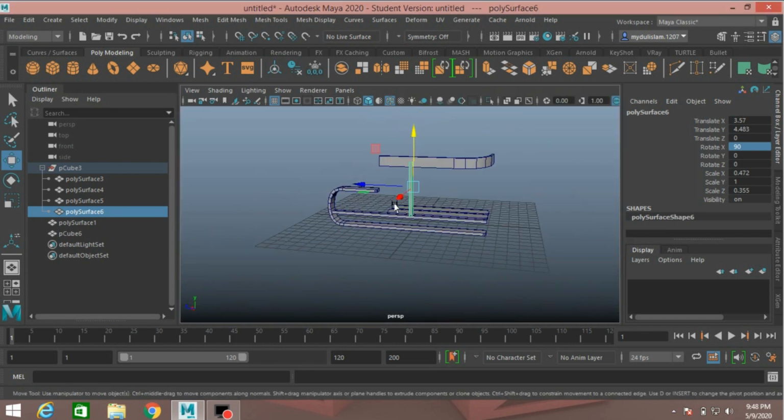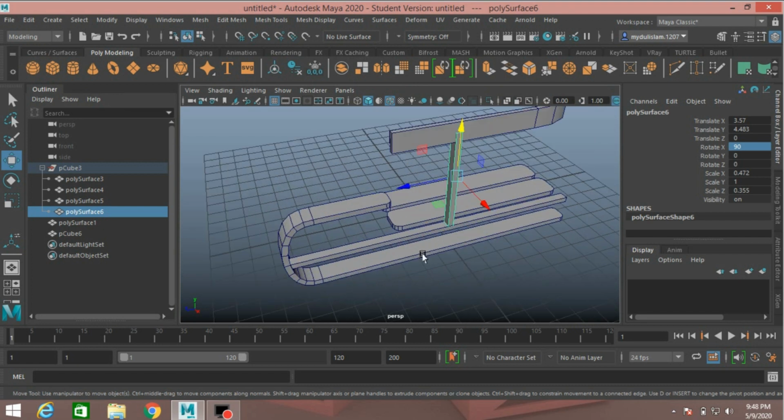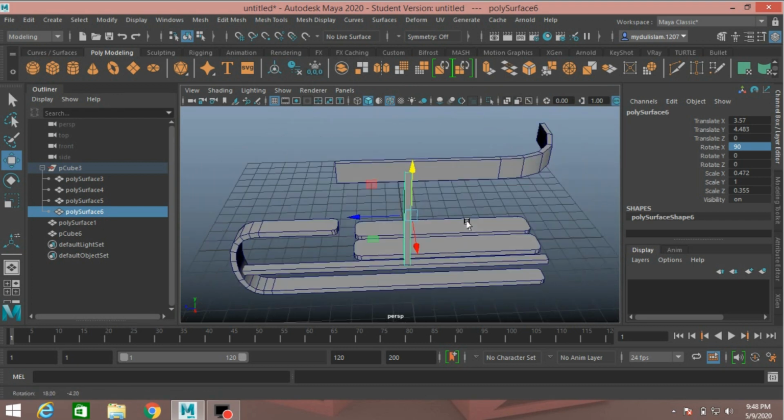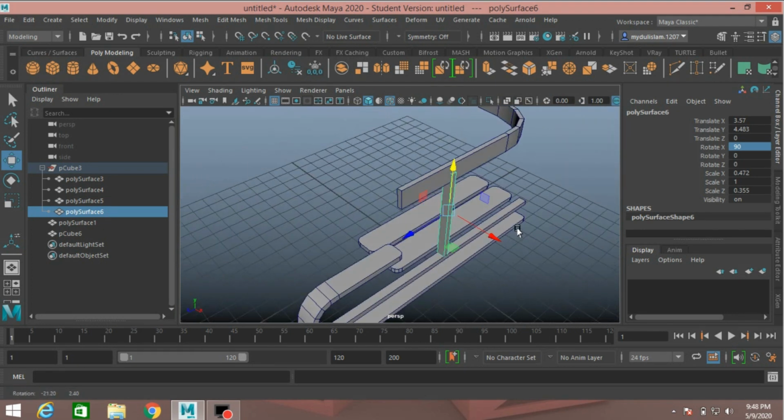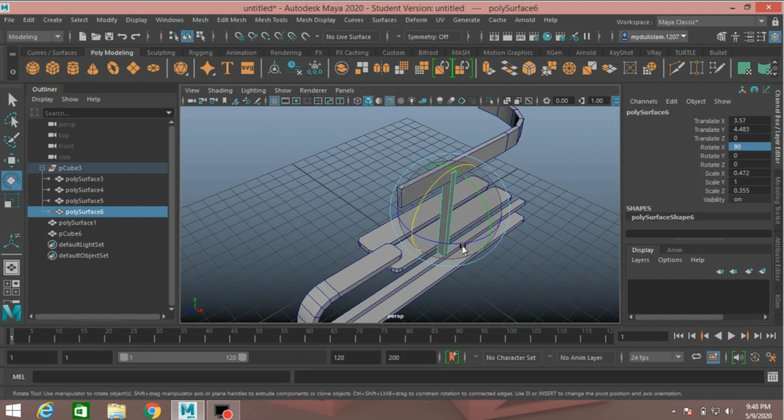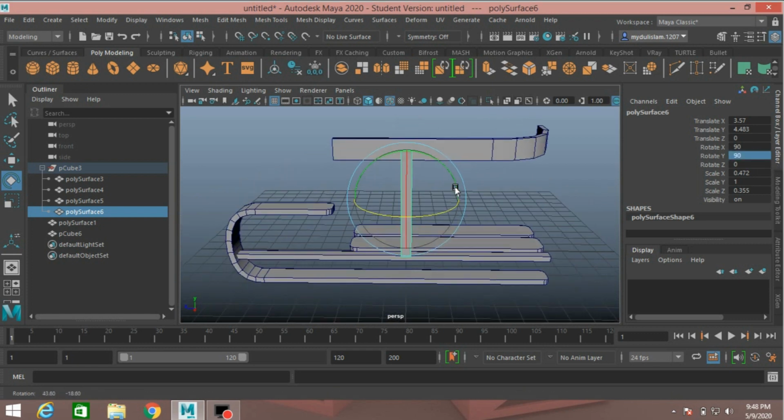Again go to perspective view, and rotate it along y-axis, type 90, just like this.